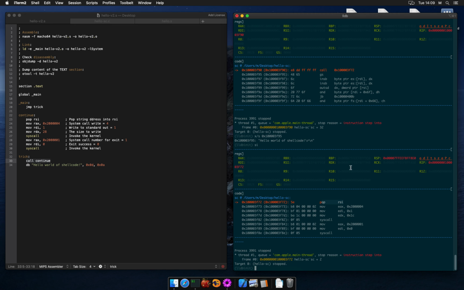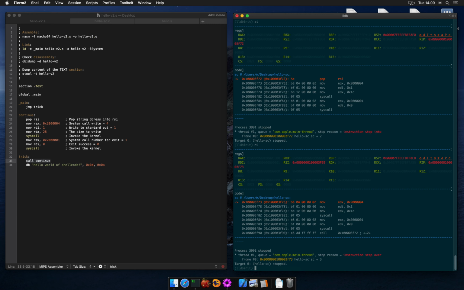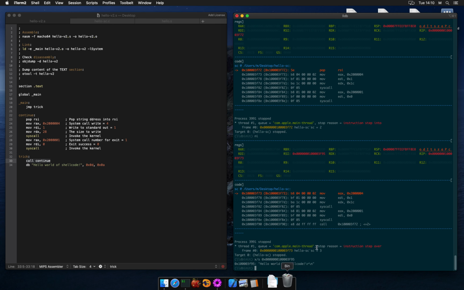Let's watch the value of the register and see what goes there. Changes are highlighted in red. Easy to see. This is exactly the value we've seen before, ending in 3F95, which is the address of our string. Let's display the content from that location as a string.